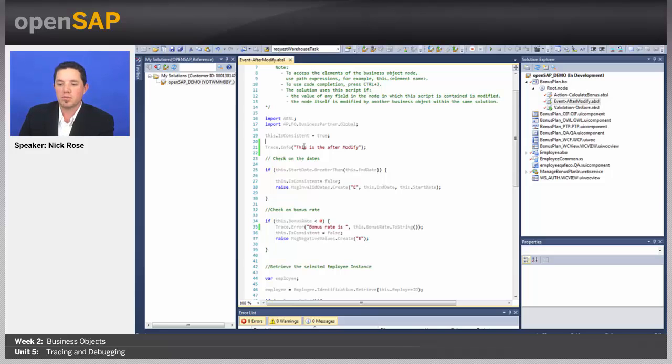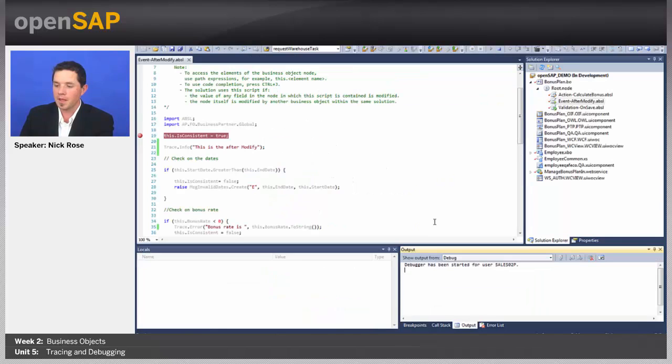So I can set breakpoints within my script files by just hitting this little gray bar, and it'll show a little red dot. That means I now have a breakpoint in place, and that's what these are, breakpoints. And this is where the debugger is going to know where to stop. This time I'm going to hit the little green arrow, the start debugging. It's going to tell me that it's debugging for this user,